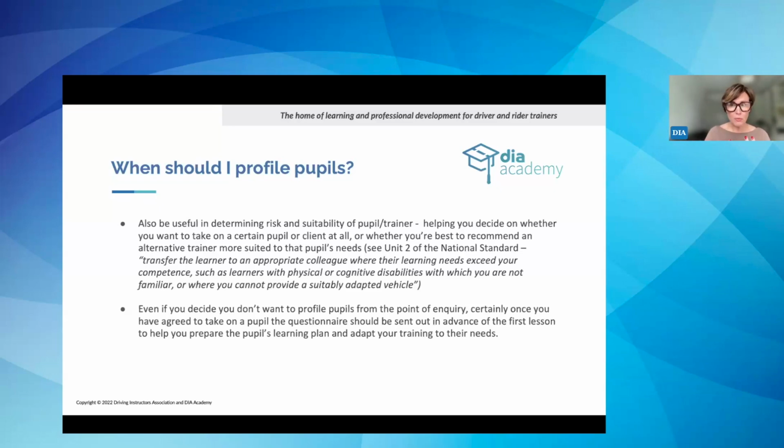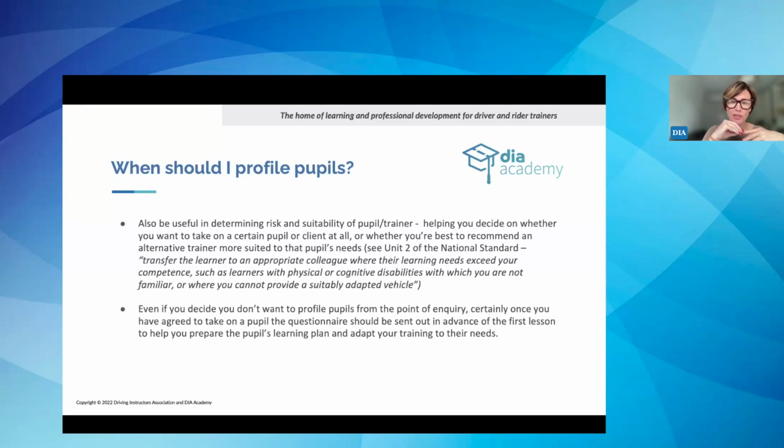It could be beyond your professional knowledge at that point, and you feel more comfortable handing them off to somebody. It could be the simplicity of you're a male trainer, they want a female, or you're a female trainer and they want a male trainer, or there's somebody who would actually prefer to be with somebody who is more attuned to their needs in any respect of gender, non-binary, or whatever. So understanding this could be very useful in whether you are the right person for them or they are the right pupil for you.